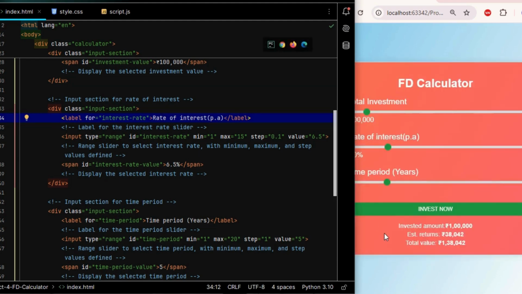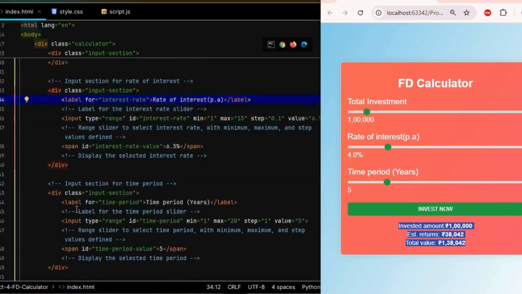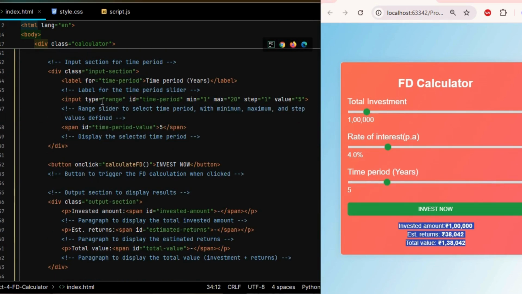After clicking the invest now button, it will automatically generate the investment amount, estimated returns and total value, which will be displayed below the invest now button. Then I go through the range slider,